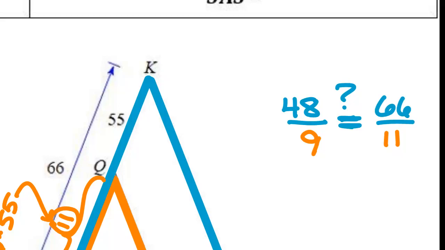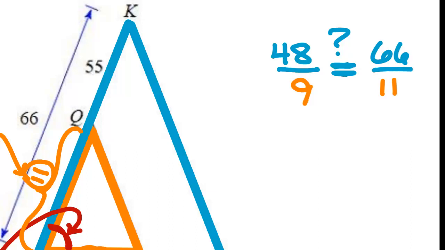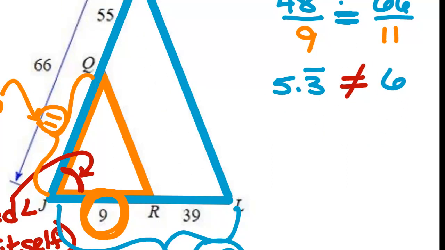What is 48 over 9? 5.3 repeating. What's 66 divided by 11? 6. That didn't come out to be proportional. So let's switch our denominators and try again. So that would be 48 over 11. And 66 over